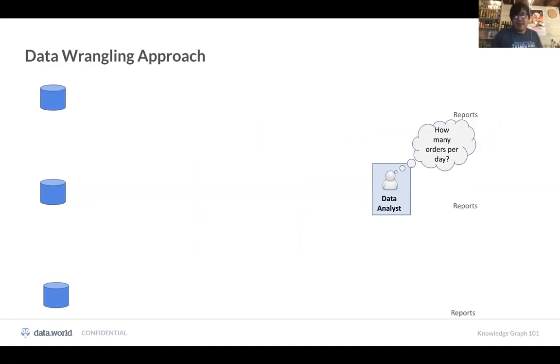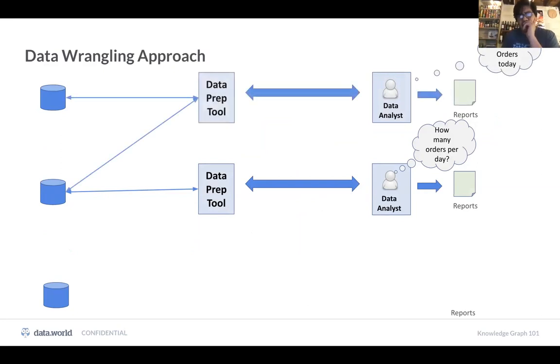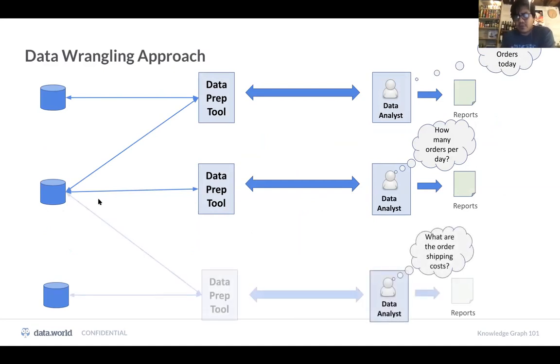So now the latest thing is data wrangling, right? Data prep, and now self-service. Because I have to work with these IT folks, and there are going to be all these bottlenecks, so I need to be able to do my work on my own. So the data analyst now has a data prep tool, and they can do all their analysis on their own and generate the reports. Perfect. Another analyst does it, and they have to prep some data across other systems, but they also share the data that somebody else has prepped, and so forth.